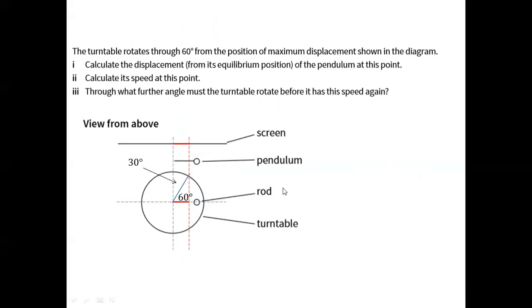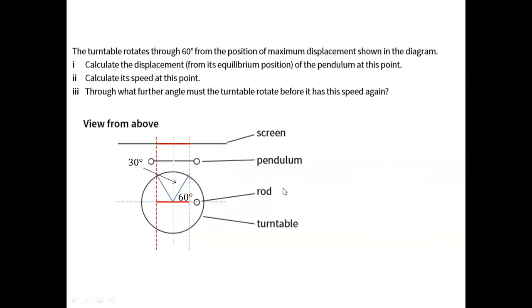Now, if, say, for example, the pendulum will now be on the other side of the equilibrium position, we can find that equivalent displacement in the rotation of the turntable to be this one. Now, marking that position,